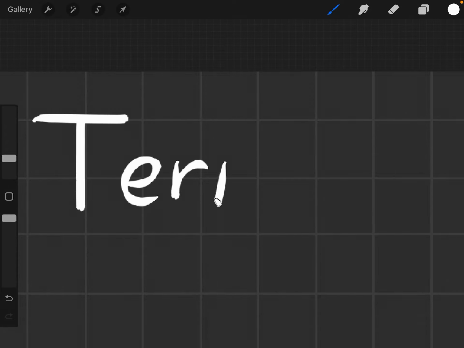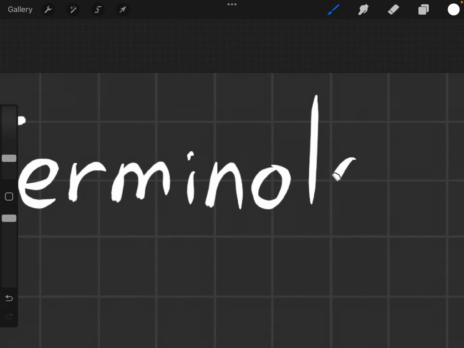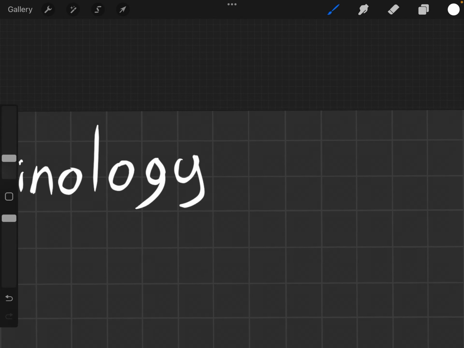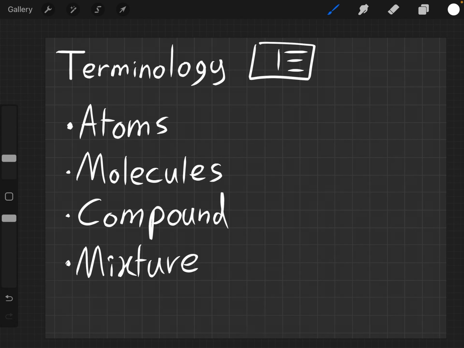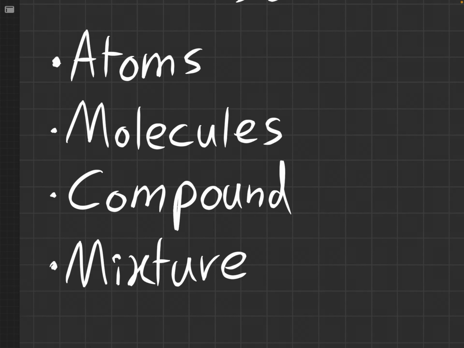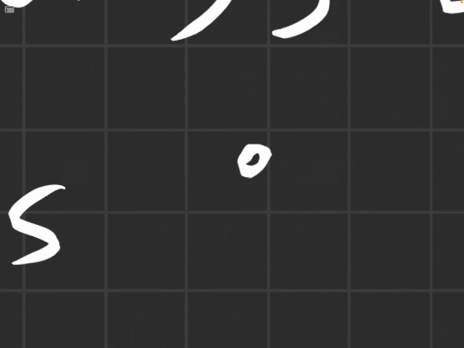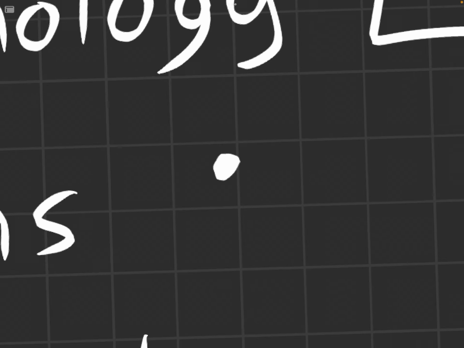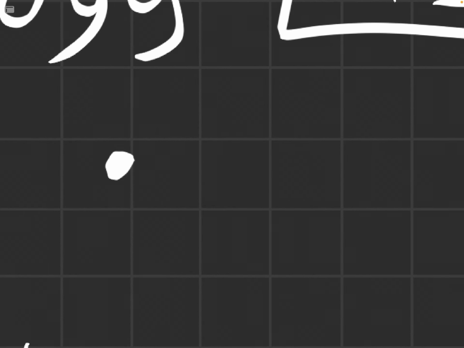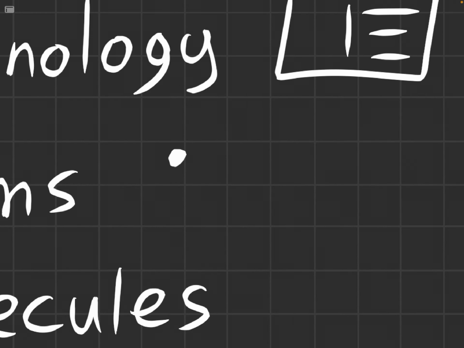So in this video, we're going to be discussing some terminology. Alright, so to start off with, we're going to be looking at these four terms: atoms, molecules, compounds, and mixtures. So an atom of an element is just a single particle of one element. So this could be an atom of hydrogen or an atom of oxygen or any of those elements on the